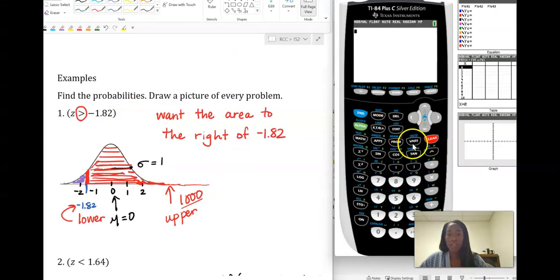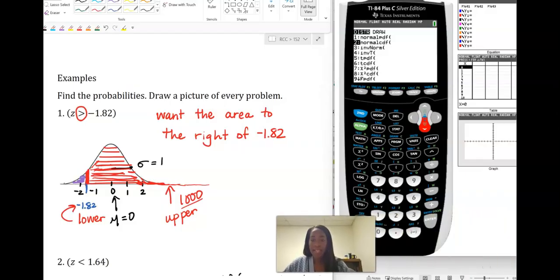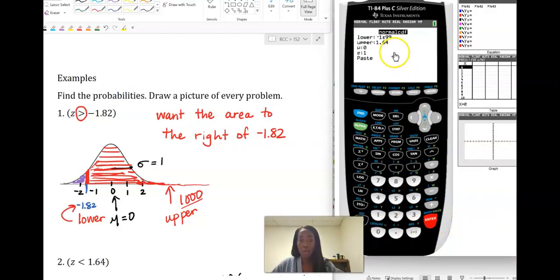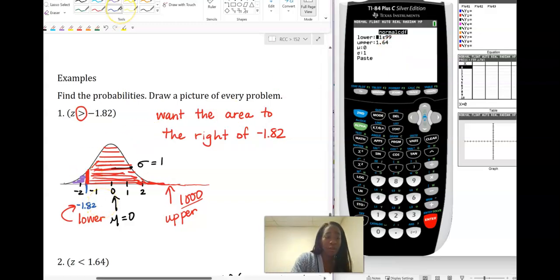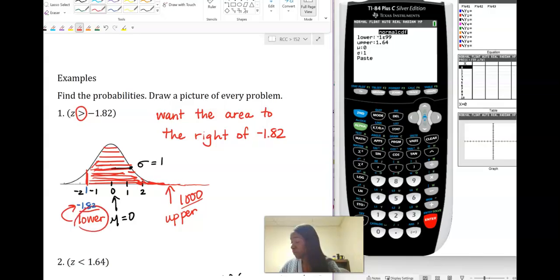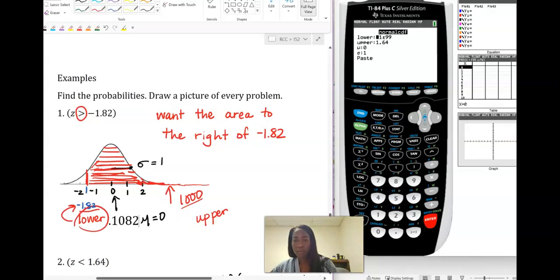So how we're going to get this in our calculator is we're going to hit second in the upper left corner, and then we're going to hit the bars to get distribution, DISTR. We're going to go down to normal CDF and hit enter. As our lower bound, the lower bound that's bounding our region is -1.82. So for my lower bound, I'm typing in